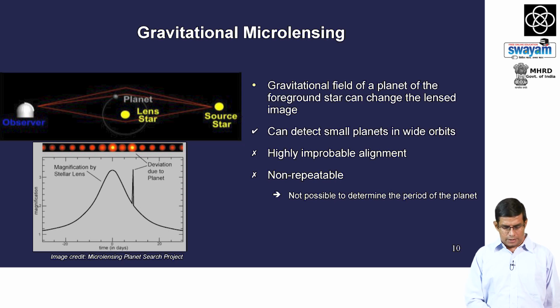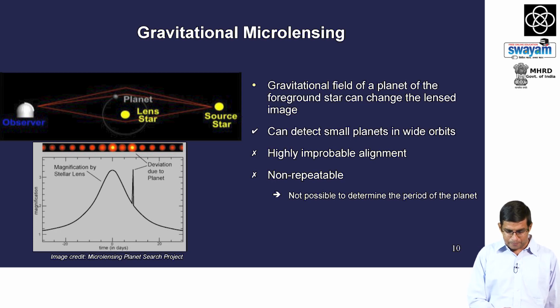of a microlensing event. However, if there is a planet which is going around this lens star, then this planet changes the mass distribution of this lens system, and that causes a deviation or a spike, as you can see here in the microlensing event. Now, using this method one can detect very small planets in wide orbits, because the microlensing phenomenon is sensitive to